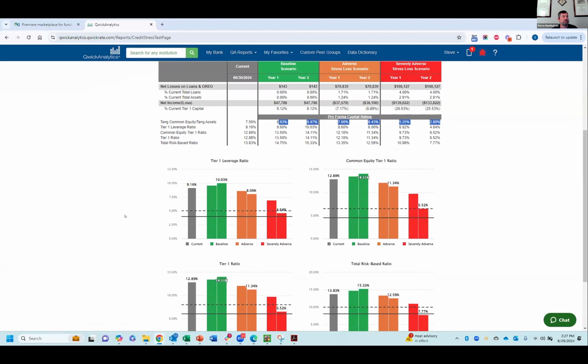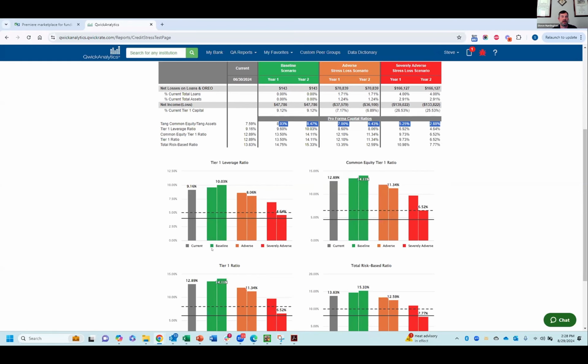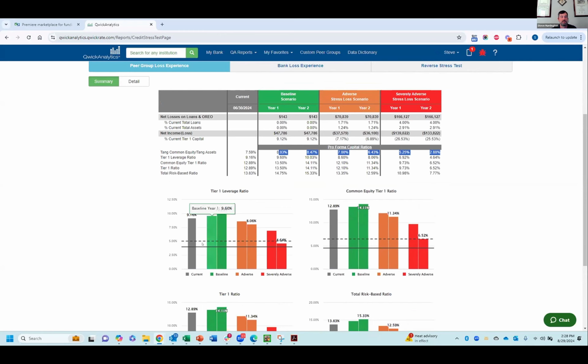This bank is a large institution. They have not elected for the community bank leverage ratio, or CBLR, status. So we still have all of their risk-based capital calculations and risk-weighted assets. If you have elected for CBLR, then obviously we're not going to be focused on total risk-based ratio because that information is not public. We'll be focusing on your tangible common equity and your tier 1 leverage ratio, which we still can get. And so this page will just have a couple fewer ratios on it if you have elected for CBLR status.